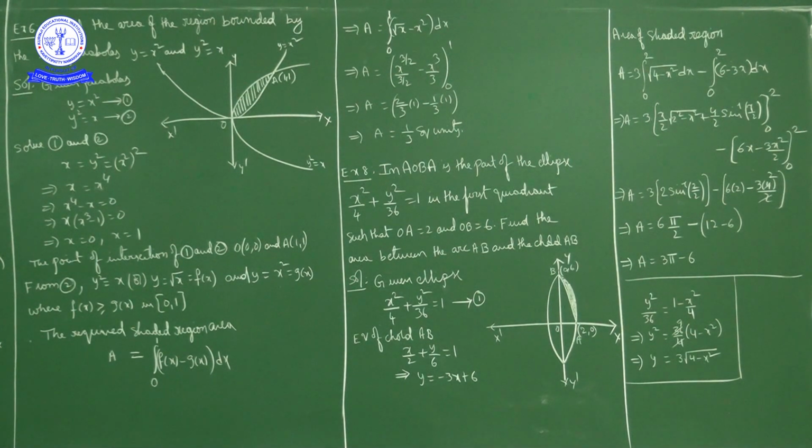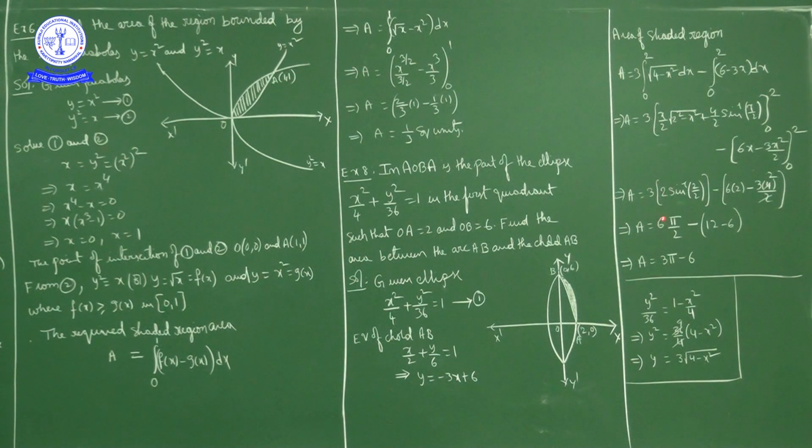Now by substituting the upper limit, what will we get? 3 into, if you substitute 2 here, 2 by 2 into square root of 2 square minus 2 square, this part is 0. So this part 0, 4 by 2, 2 into sin inverse of 2 by 2. Minus, now in this part if you substitute the upper limit, no need of the lower limit, anyhow that is 0 only. If you substitute 2, what will we get? 6 into 2 minus 3 into 2 square by 2. 2 square is 4, 4 by 2. So what we have? 3 into